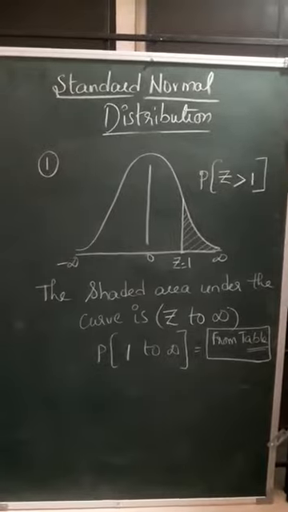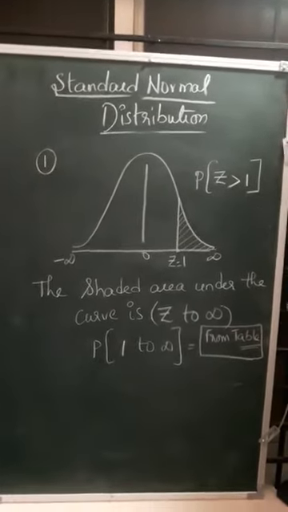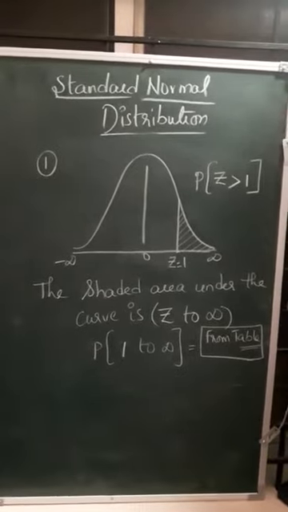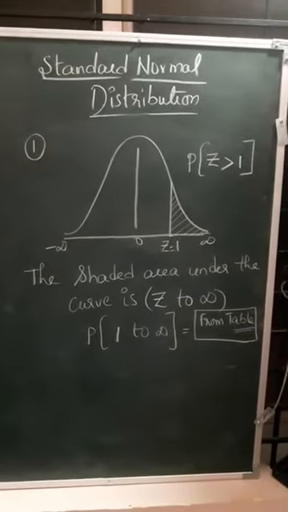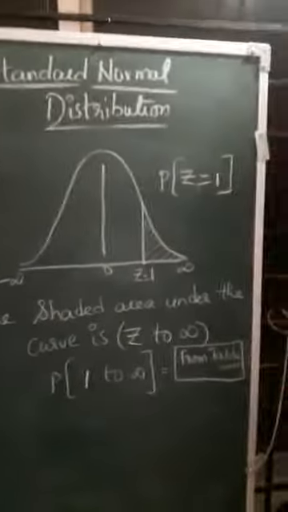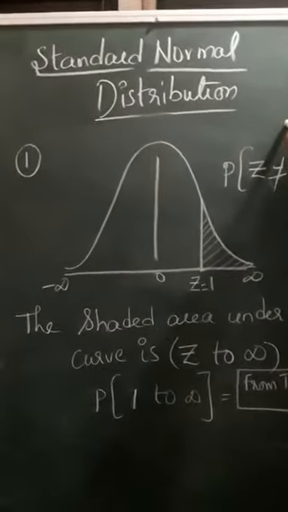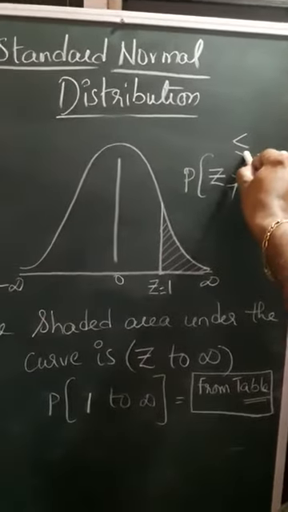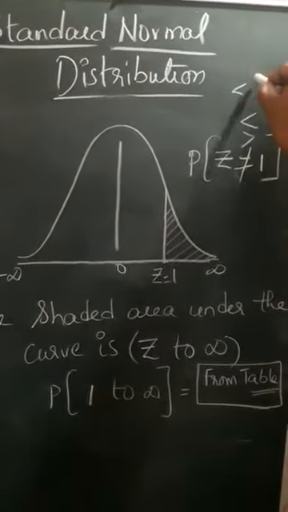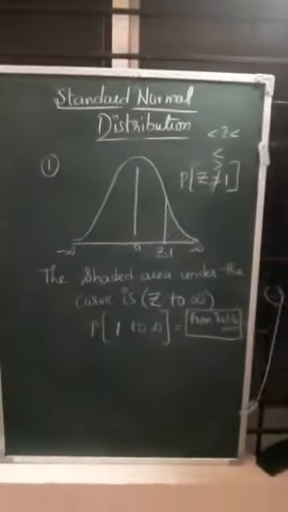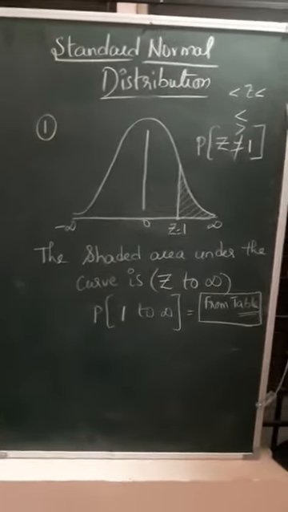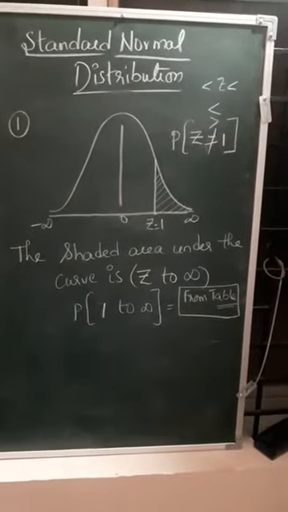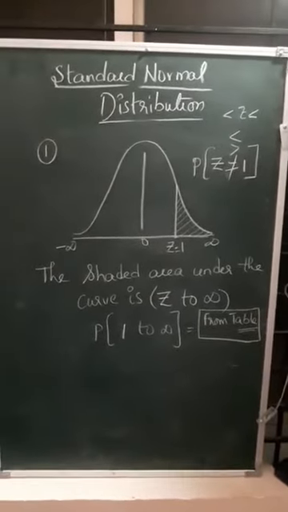The z value 1, that we have to calculate by using the data, and the symbol will always be asked as more, less, or in between. As I mentioned earlier, normal distribution does not assign any direct value like z equals to. Always it assigns either less or greater or in between. Remember, normal distribution does not assign any direct term. That is one of the notes given in the first video. So this is the first kind of shaded region.